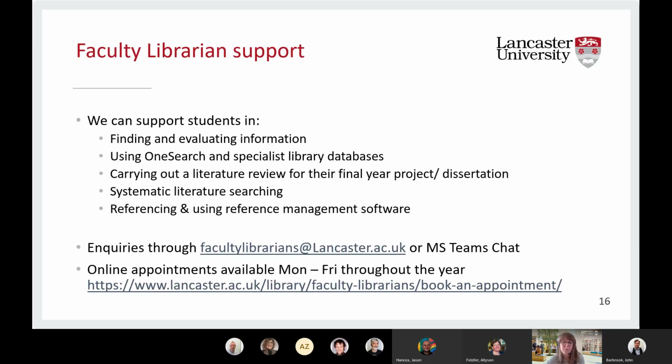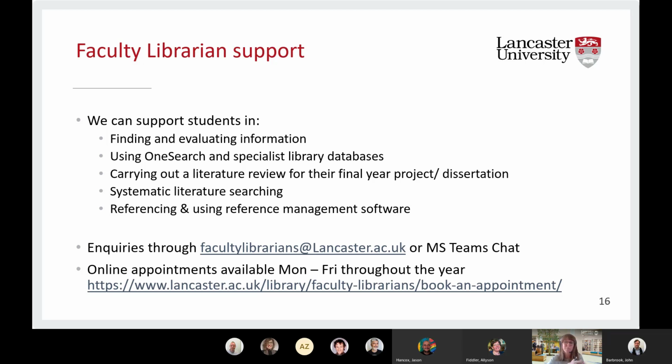Just a brief overview of what we can support students with: finding and evaluating information, using OneSearch, using subject databases, perhaps newspaper databases and theses, like Ethos for the British Library's theses database. We can support students in their final year or postgraduate when they're writing the dissertation, with carrying out the literature review, and also systematic literature searching.